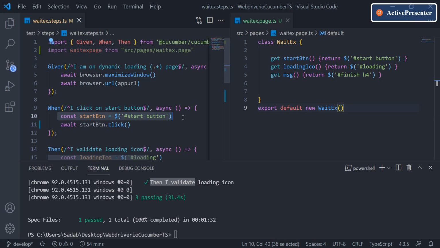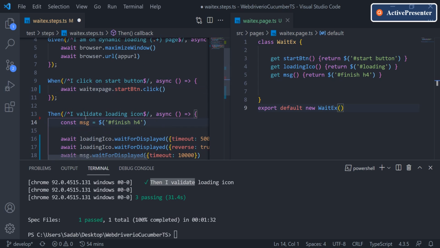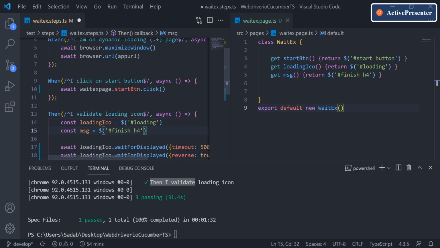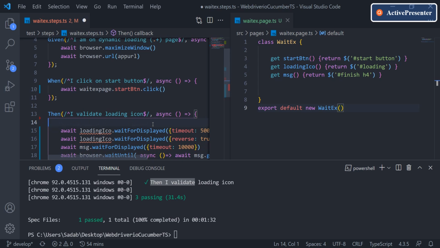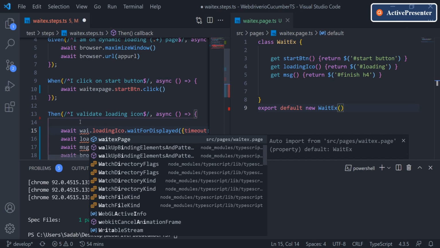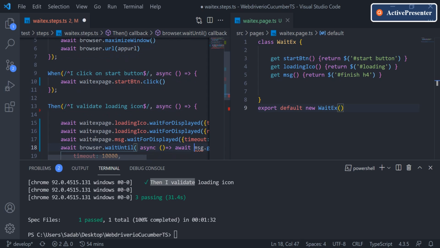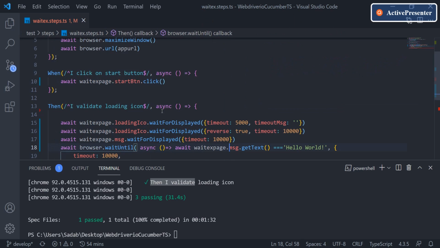Now let's remove this, and we need to say WaitxPage.startButton, and similarly let's remove both of these lines, and we'll say WaitxPage.loadingIcon. I'm just replacing wherever we have been calling the locators.